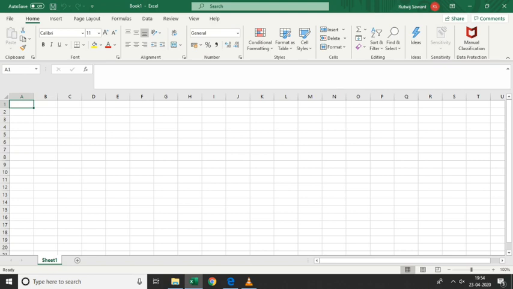As you all know, the topmost part is called the title bar. The title bar will display the name of your file and the program name. As you can see over here, a file name. In MS Word, by default the name of your file was document 1, and when you are using PowerPoint, by default the name of your file is presentation 1, and in MS Excel by default the name is book 1. As you keep on opening a blank document, it will automatically be named book 1, book 2, book 3, book 4, book 5 and so on.